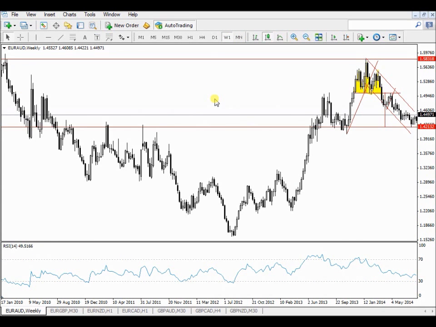Here's the inverse head and shoulder pattern here at the bottom. Do you see it? Before I mark it, you look at this market and see if you guys can get the head and shoulder pattern before I mark it here. Where's the support? Where's the resistance? Where will you buy or sell? And where will your target be?